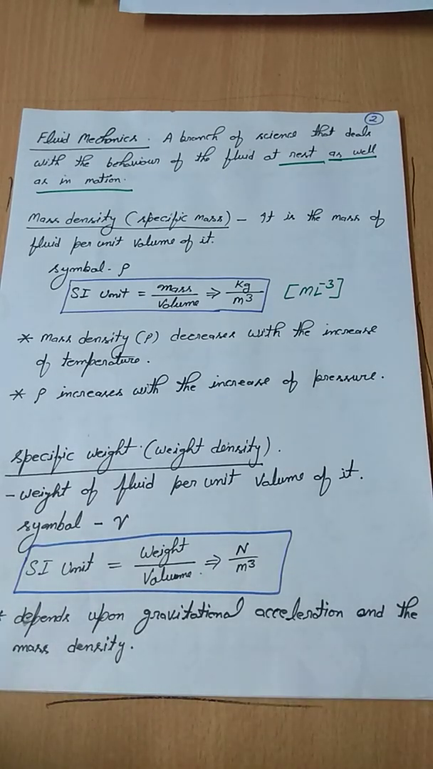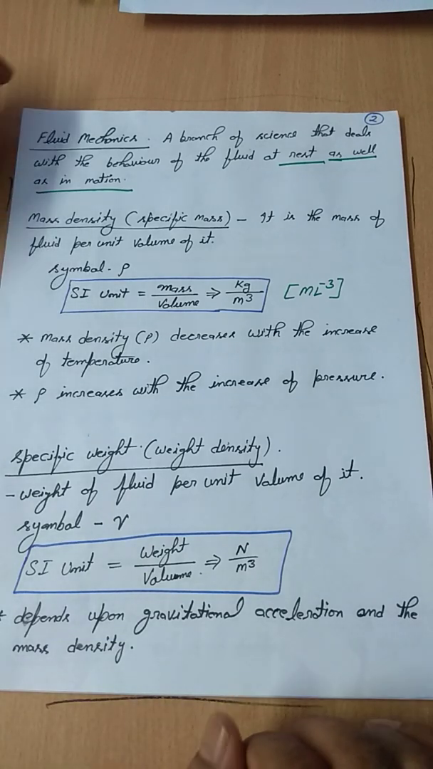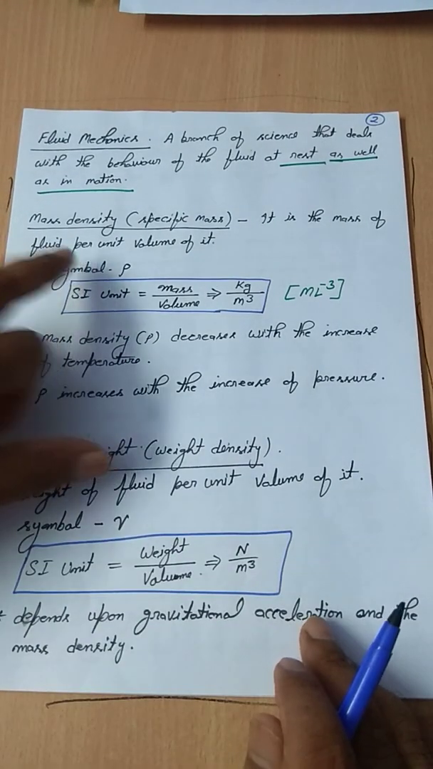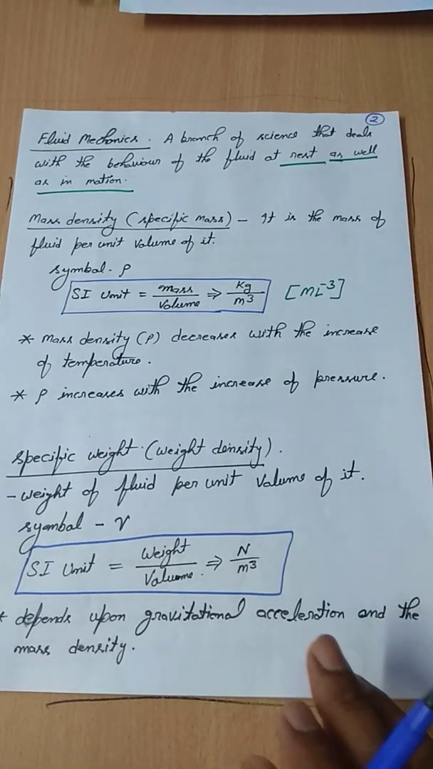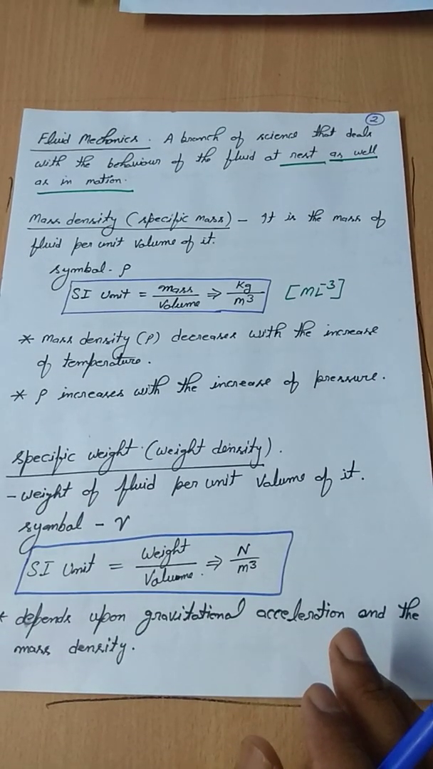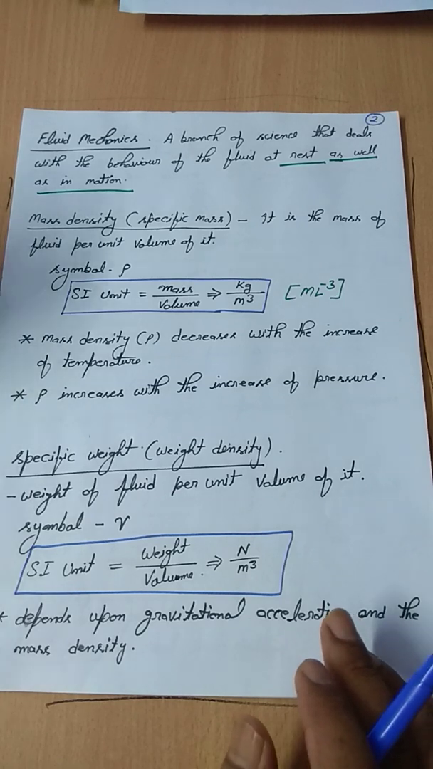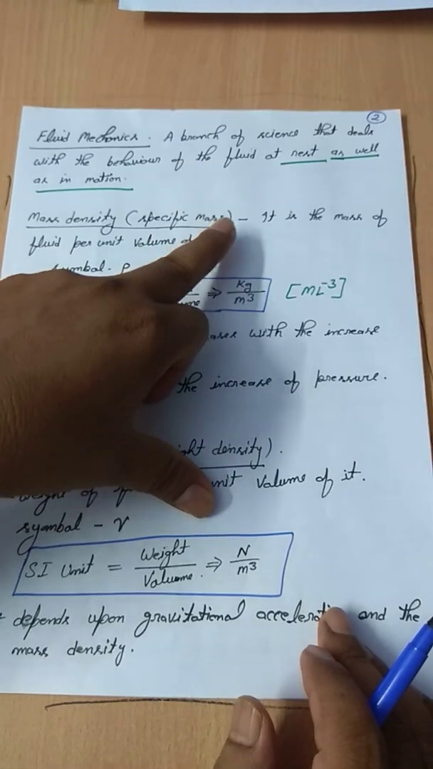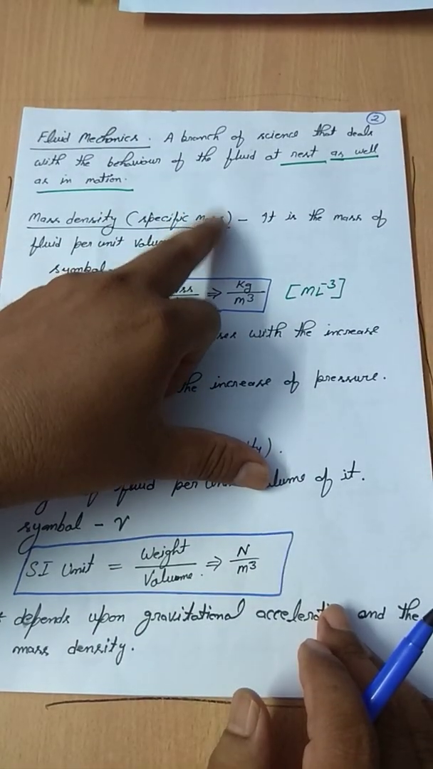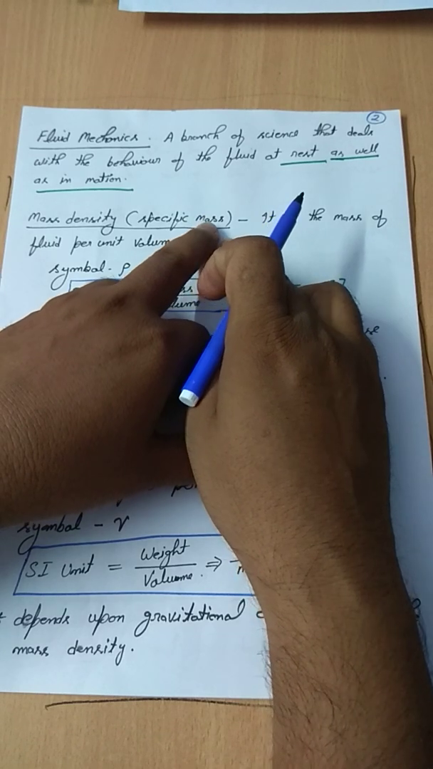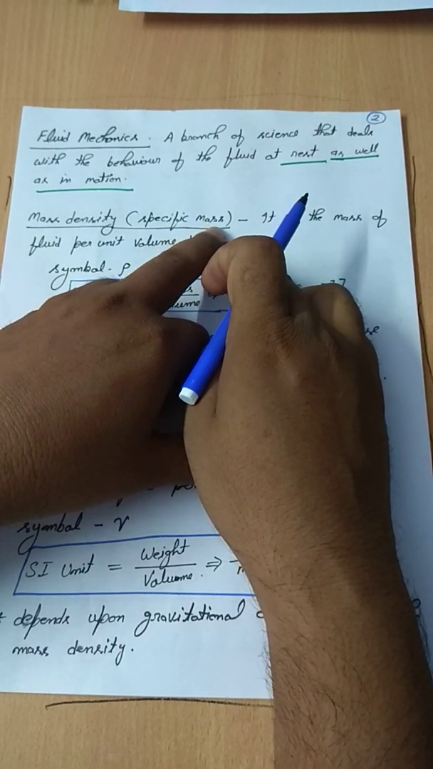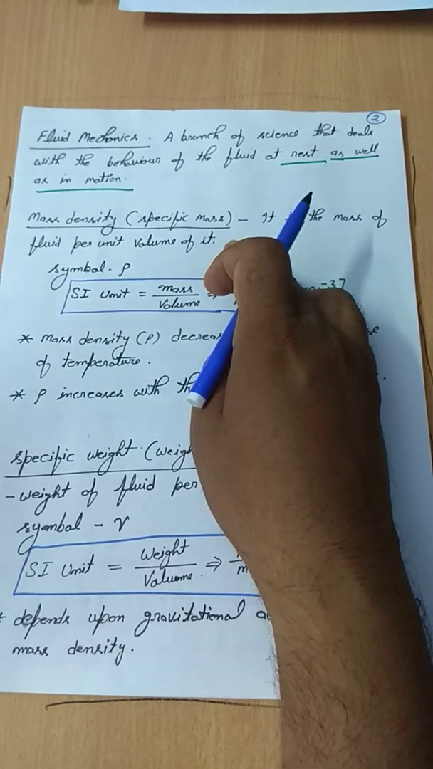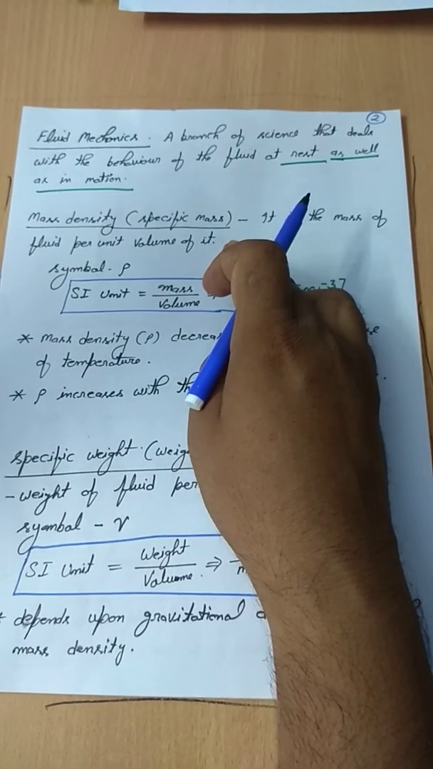So now further I will emphasize some basic definitions like mass density. It is also called specific mass. Here I would like to mention that wherever you find in future that the term specific is associated with any parameter, one thing you should be very clear about: that parameter, whatever quantity it may be, would be measured, or defined, with respect to